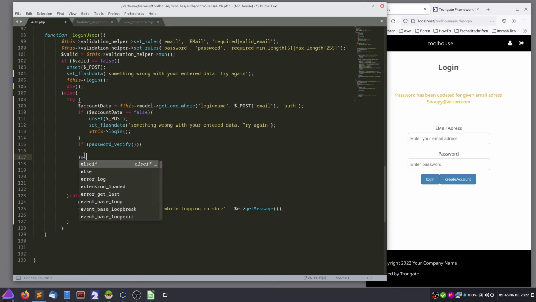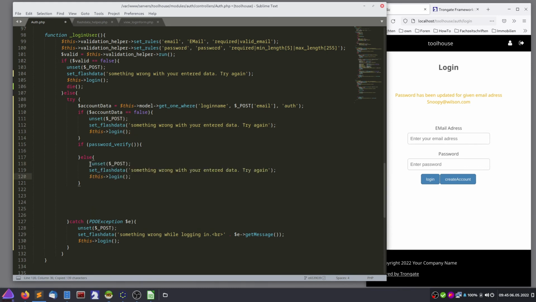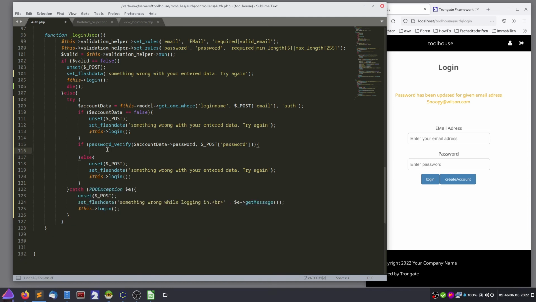And if this does not succeed, we can also say something, and we check the password by using account data password and compare it with the given one using the post thing, right? So, oops, and now we need